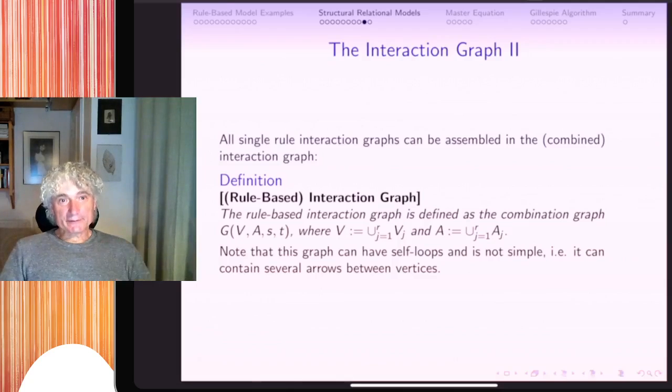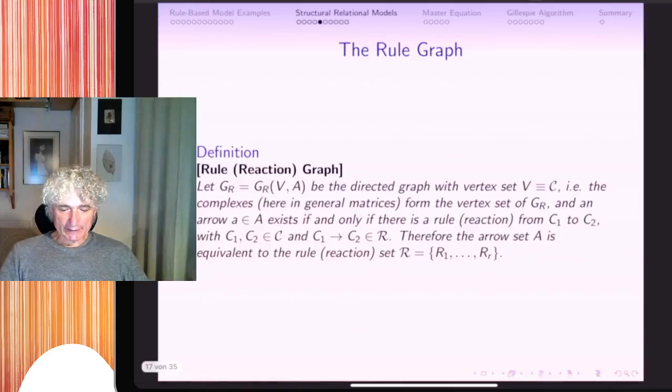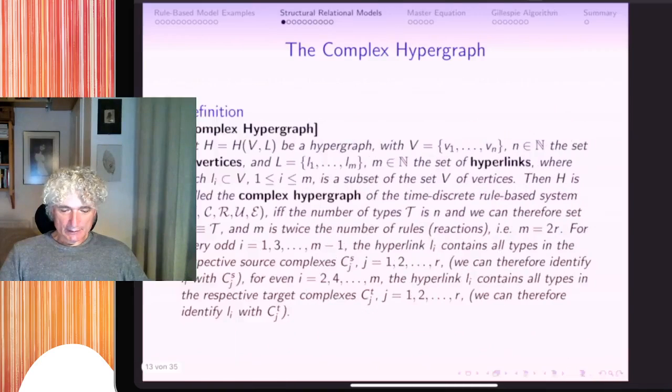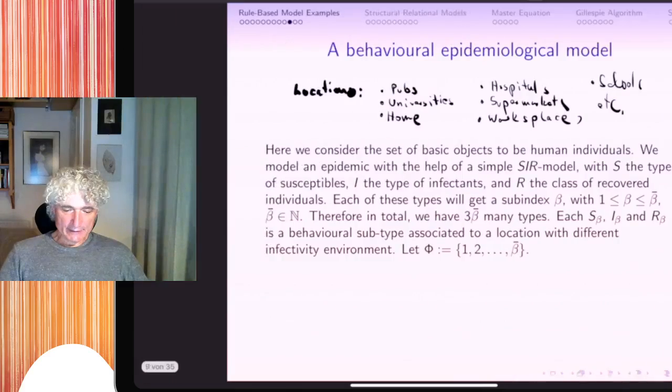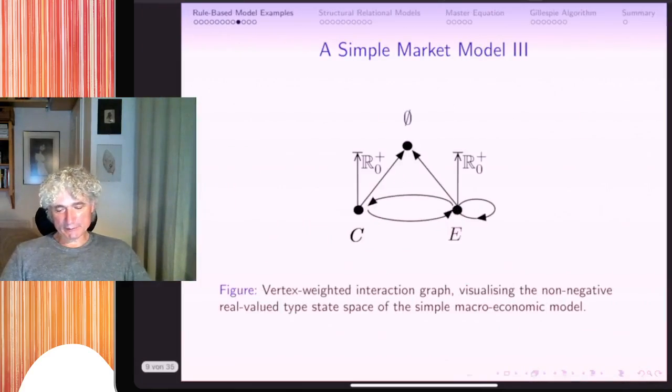And now actually we can go back to some of the previous figures, because I have already shown you some of these interaction graphs. So for example, for the simple market model,